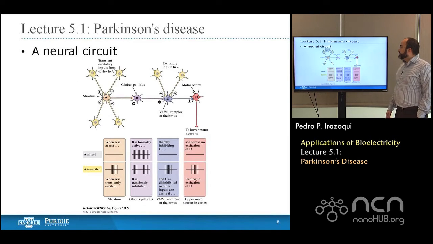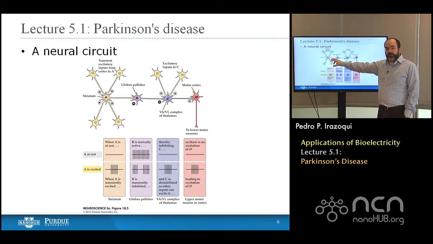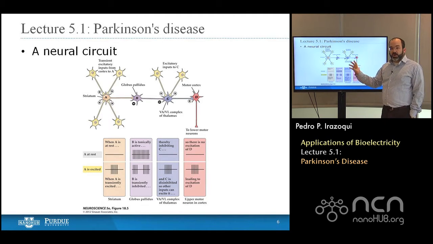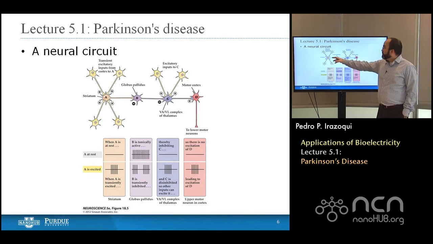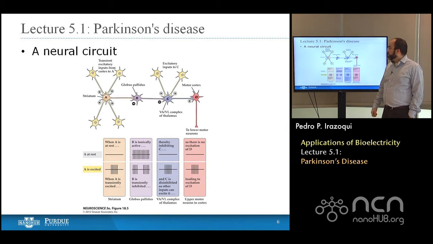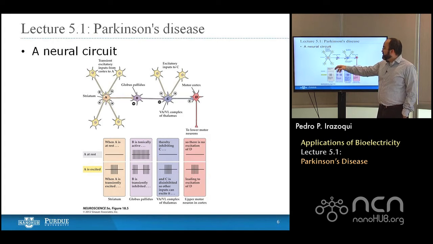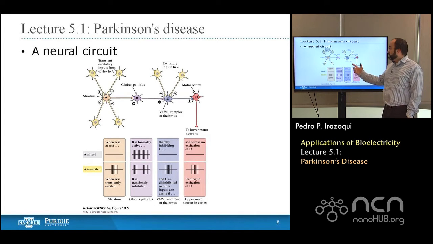But I do want to say that you can string these neurons together and begin to understand how more complex circuits than the reflex circuits that we talked about initially are put together. So in this particular case, let's say that you have a neuron in the striatum. And that neuron from the striatum receives excitatory inputs from the cortex and projects. So the striatum, the substantia nigra, projects to the globus pallidus. It's an excitatory neuron. It has an inhibitory projection to one part of the globus pallidus and an excitatory projection to a different part of the globus pallidus. More on that in a minute.